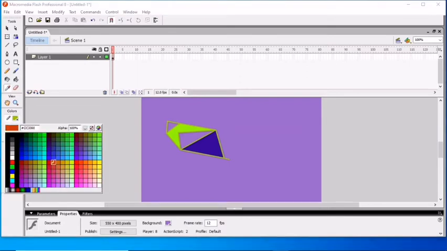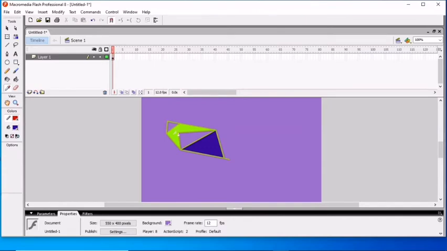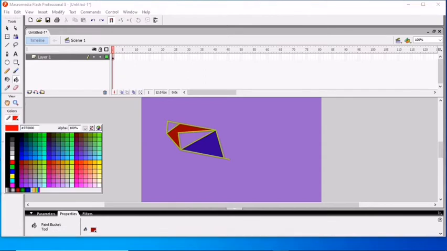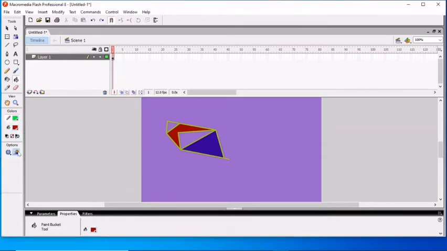For example, I select the red one and select here. You can see if you click on the boundary and click on the line, the color will be changed here, and this remains as it is. For example, I select this as a green color, and with the paint bucket tool I change the color to red.